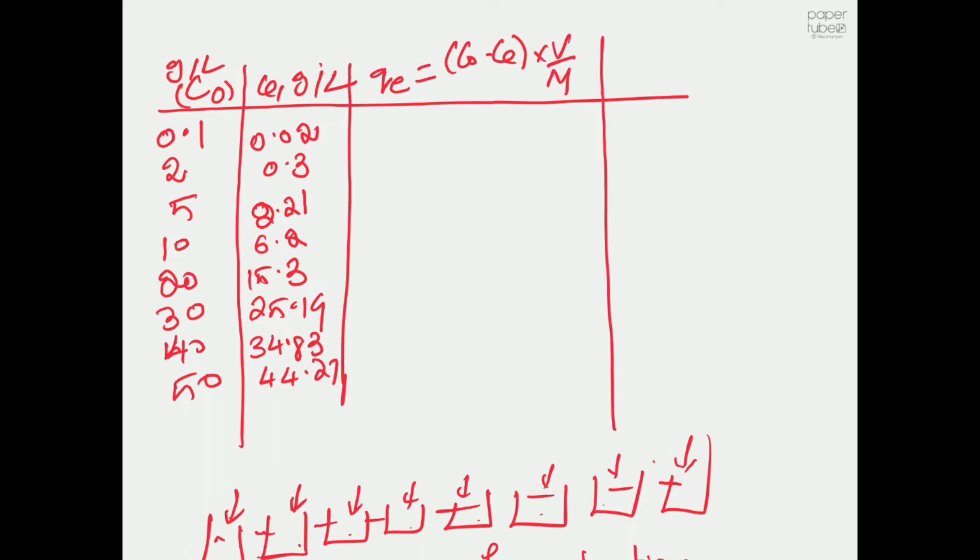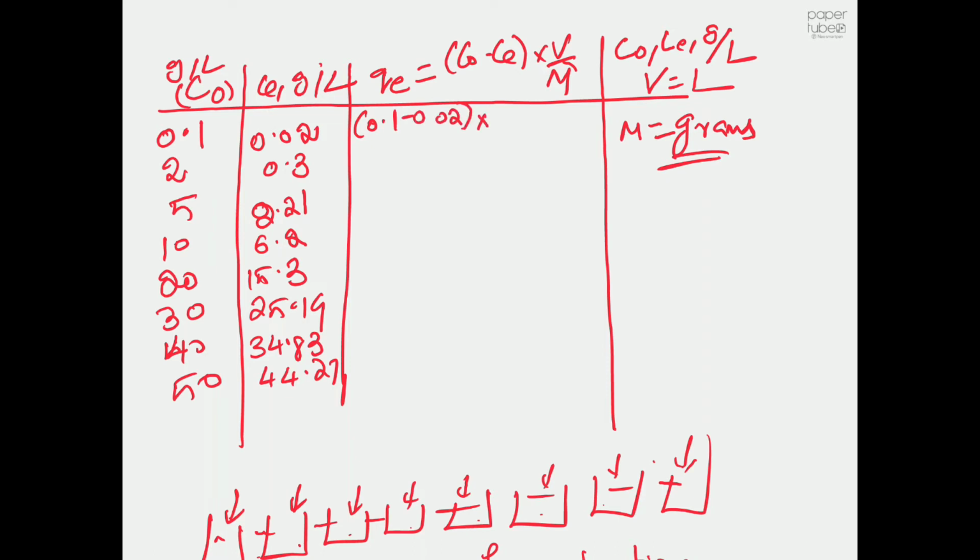So always pay attention to the units. If your concentration is expressed in grams per liter, then V must be expressed in liters, and mass can be in any gravimetric units, it can be grams. I prefer to express mass in grams. So how to calculate this one? See, 0.1 minus 0.02 multiplied by our volume of solution is